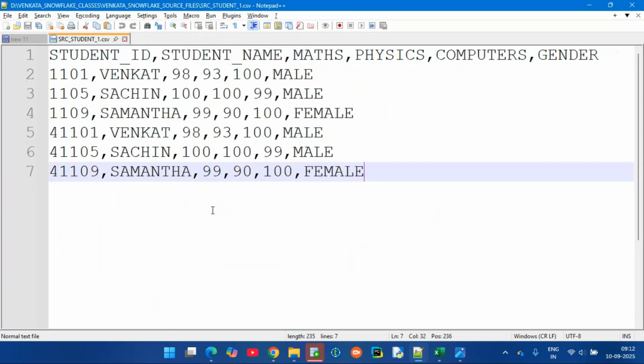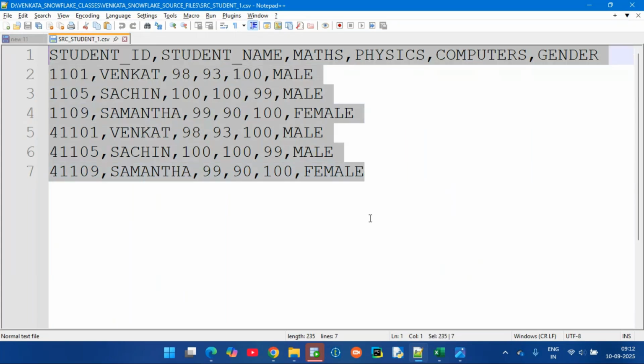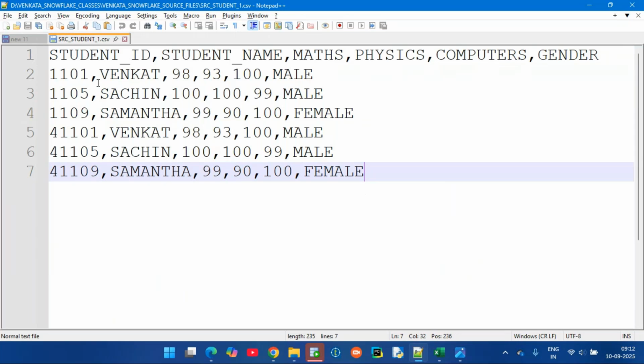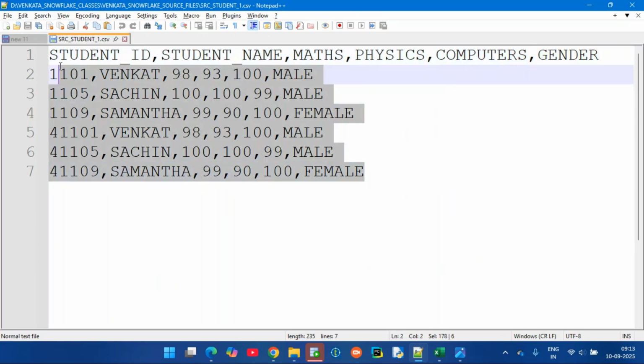Can someone tell me? 7 records or 6 records? See, the first record is a header record: student ID, student name, maths marks, physics marks, computers marks, gender. It means it has 6 records.